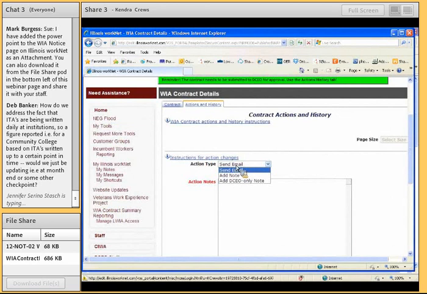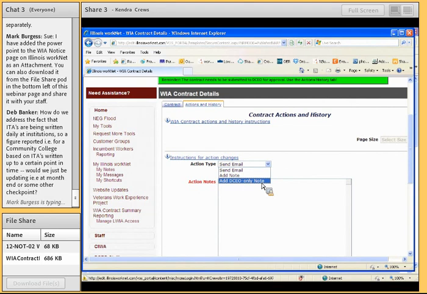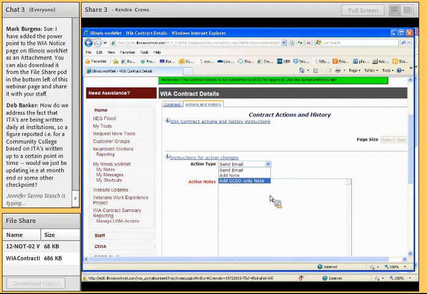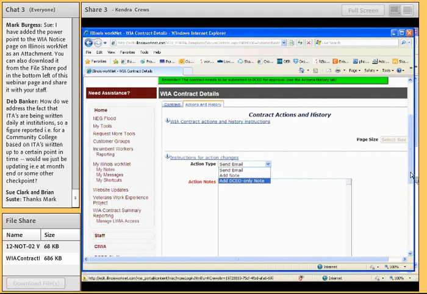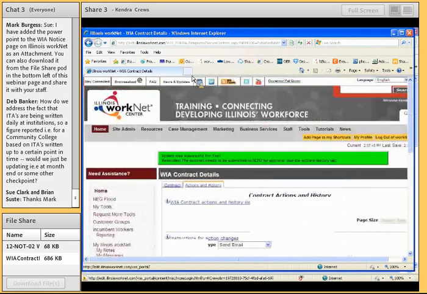Okay, if you've updated that existing contract and you're ready for submission and approval, go ahead and click into your Actions and History. Click on an action type, and again, you're in WIA. If you've saved that contract, then you'll have a Submit option. You'll click that Submit option. Automated email goes to Chuck. He clicks on the link that's provided to him for the targeted contract. He reviews it, and he either approves it or requests additional information, but you will get an email back to you with the status. And from that point, you can go in and do any necessary changes you need to,